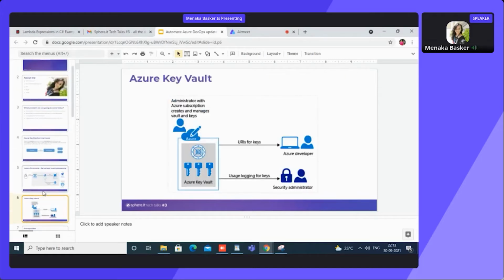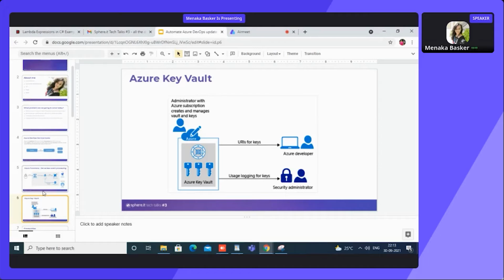So, Azure Key Vault. I need to do some automation in DevOps. I can have an Azure function to perform this activity, and I have Azure DevOps as another platform to perform that activity. Where does Azure Key Vault come into action in this scenario? For example, whenever I'm doing a DevOps login, I need to authenticate as a proper user to perform that action, because I have all my credentials and code-related stuff in DevOps.